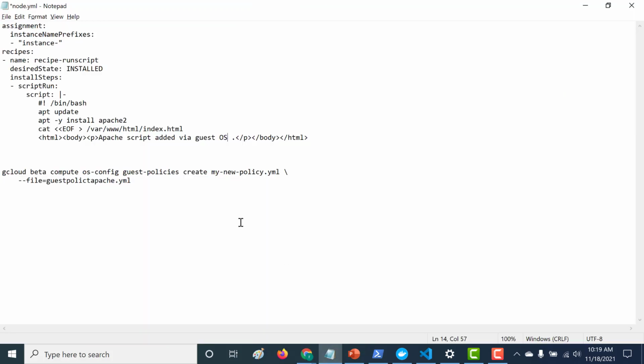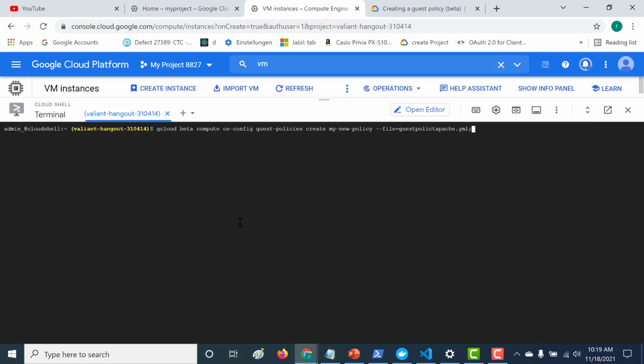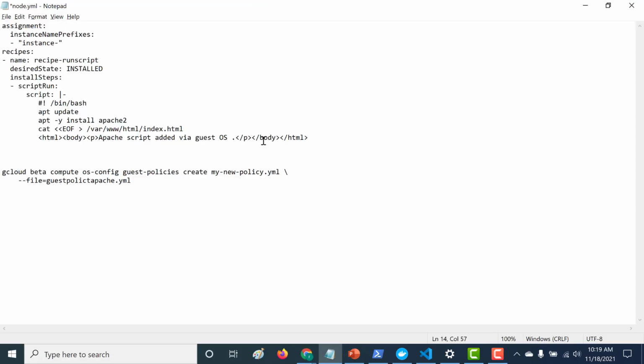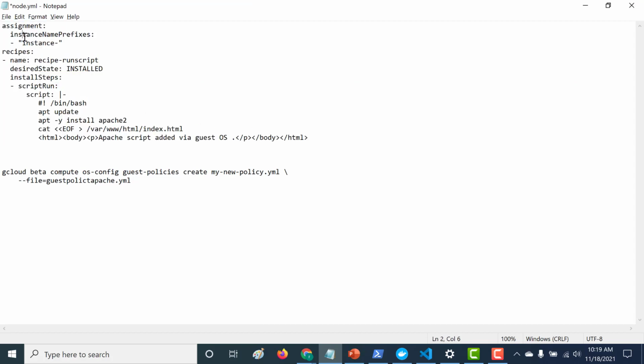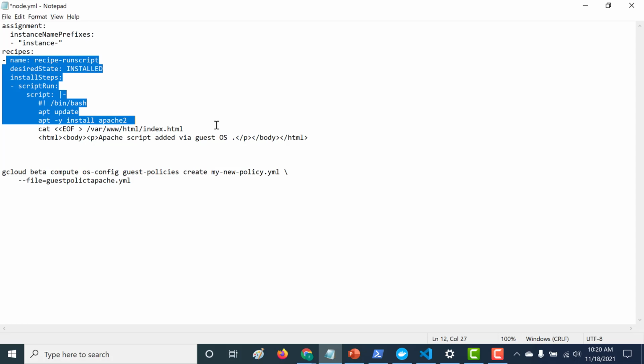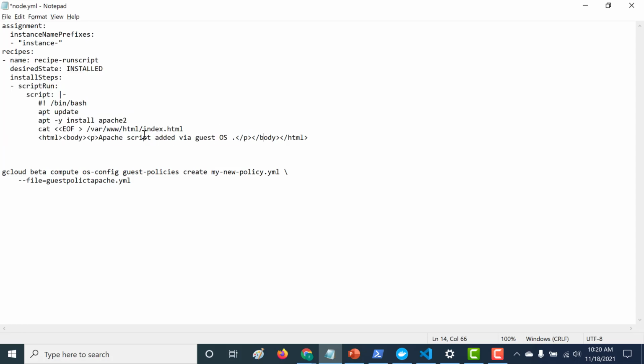Let's paste this particular script. I've already pasted it. Again, the script I'll send in the description below so you can check it out. The instance name prefix is also important. It will pick out any instance that starts with instance dash. Because we've created instance 2 and instance 3, it will pick up both of those instances. What it'll do is install Apache and create, within that index.html file, this particular text, and this is what we'll see once we open the browser.